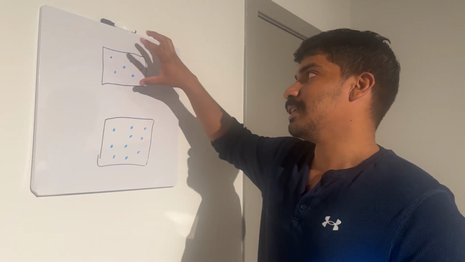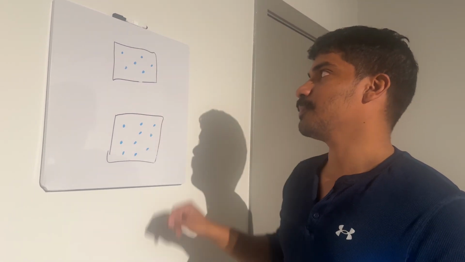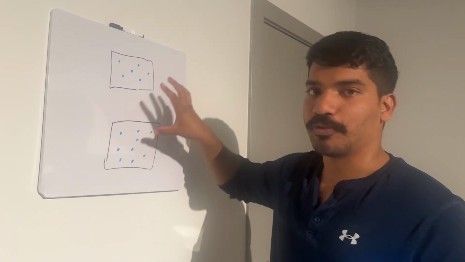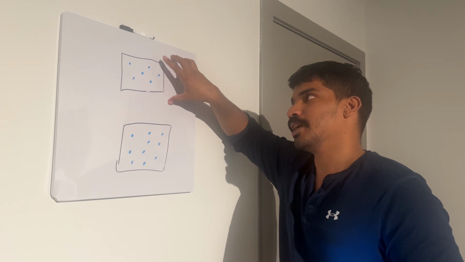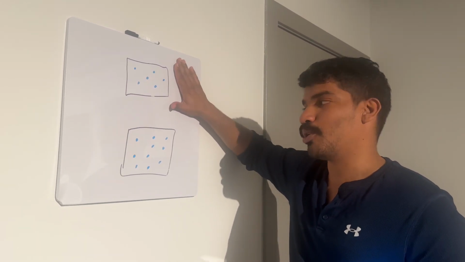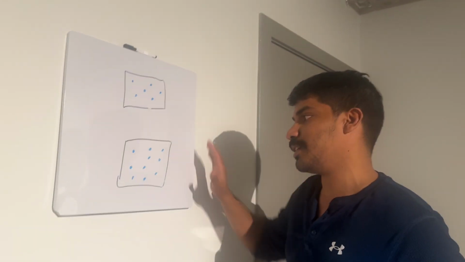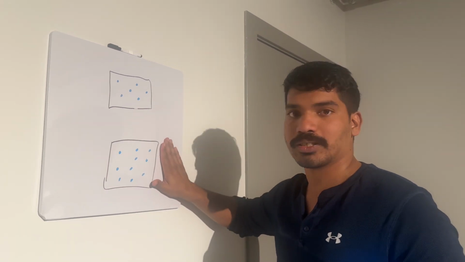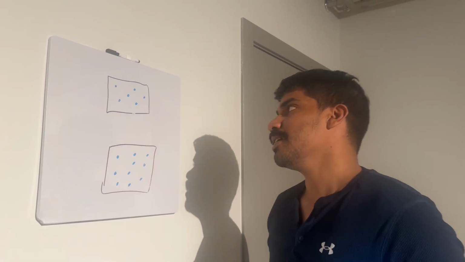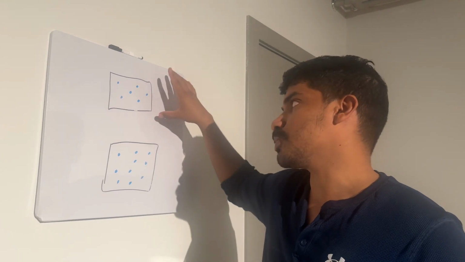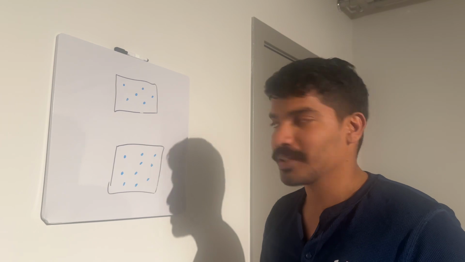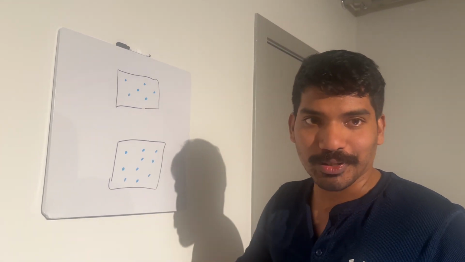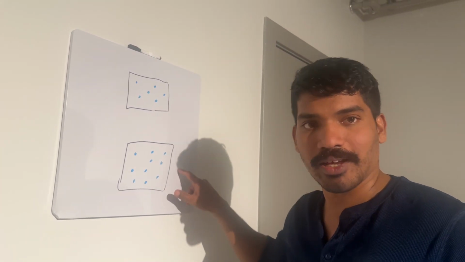So let's imagine 2 of these boxes, right? And in both the boxes there are a few molecules of air. Now when you look at these boxes, in one box there are 5 molecules or 5 dots, right? And in the second box, there are 10 dots, right? Now, if you weigh box 1 and box 2, which one do you think would be heavier? You don't even have to think about it, right? Box 2 will be heavier because there are more molecules of air in it, right?